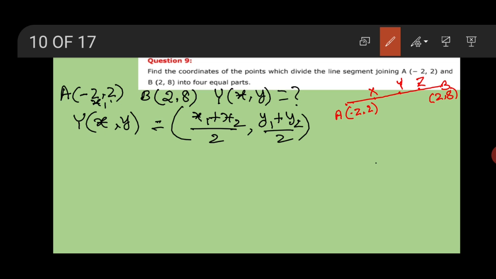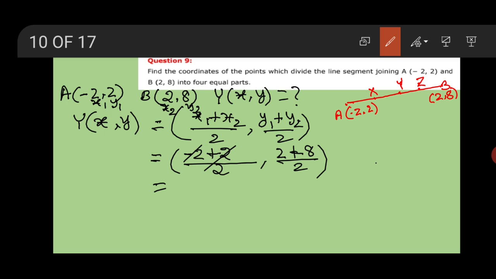Here, let coordinates of A be (x1, y1) and B be (x2, y2). Substitute the values now. x1 is minus 2 plus x2 is 2, divided by 2, and y1, the y coordinate of A, is 2 plus